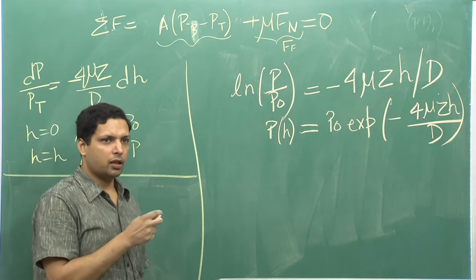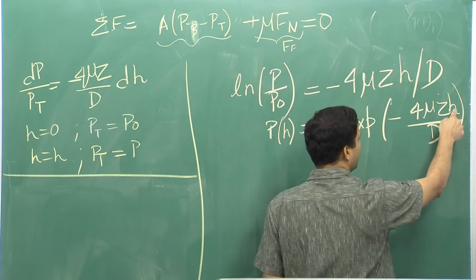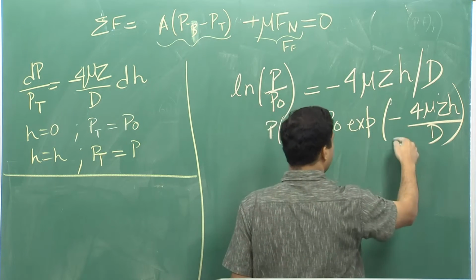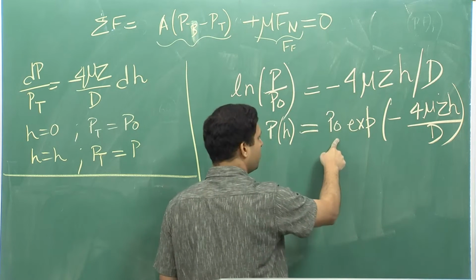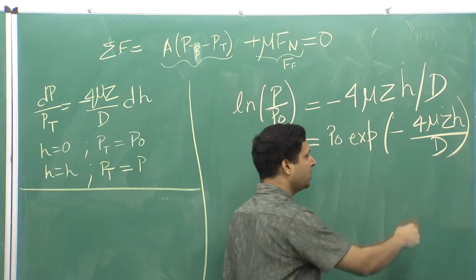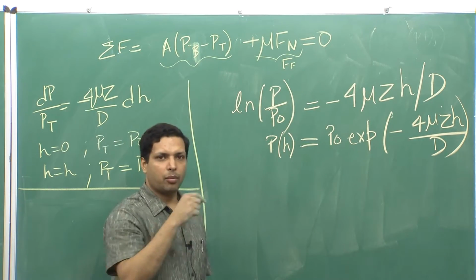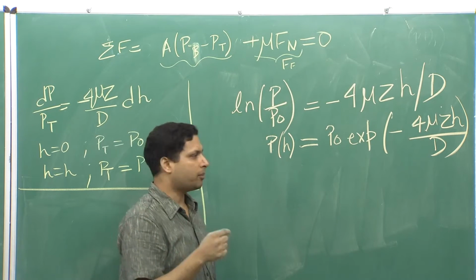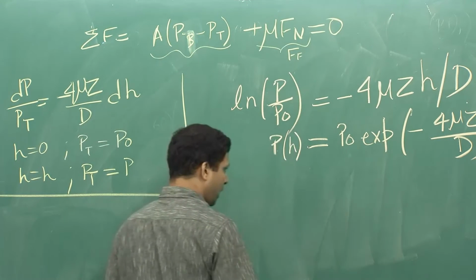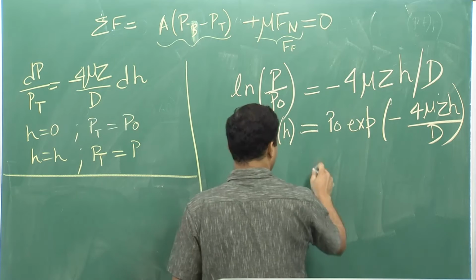So, in a single compact, if you move from a particular height, let us say if you put h equal to 0, which means you are looking just at the surface, this becomes e to the power 0 equal to 1. So, it is equal to P naught. Just at the surface it is equal to P naught, as you would have expected, and when you move away from that surface, the point at which the pressure is being applied into the compact, then the pressure exponentially decreases. And at this point let me show you how the pressure variation looks.